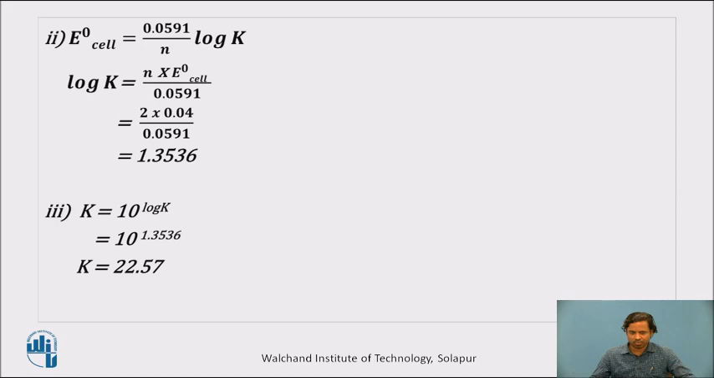And the last step is the calculation of the equilibrium constant, that is K, which can be calculated by the formula K is equal to 10 raised to log of K, that is equal to 10 raised to 1.3536, and which finally gives the value of equilibrium constant K as